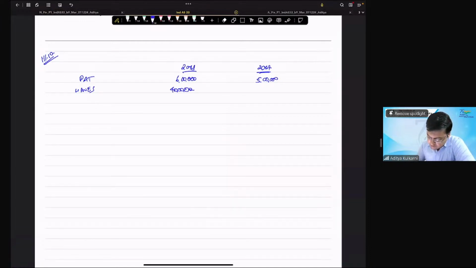The profit after tax attributable to ordinary equity shareholders, 40 lakhs. So 6 by 40, 5 by 40. Zero 0.15. Basic EPS is 0.15, 0.125. Okay. Now,